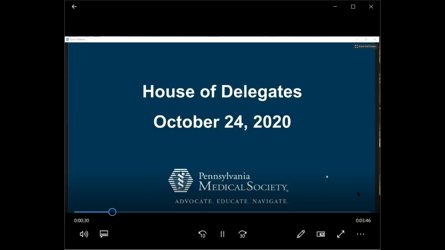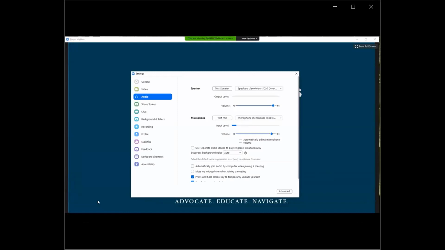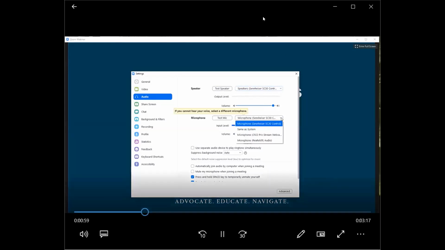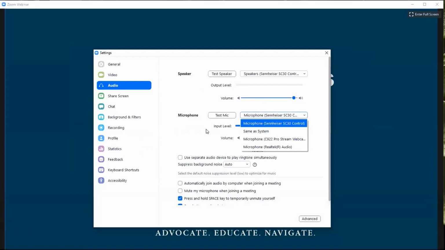In the bottom left-hand corner of the Zoom window on most computers, you will notice an audio settings menu. If you click on the up arrow, then you can choose audio settings, and a new window will open. Here you can select different speakers to ensure that you can hear, if you have multiple speakers installed, and then you can also choose the test speaker button to make sure that you can hear the output. You can also do the same thing for your microphone. If you have multiple microphones, you can make sure that the proper one is selected and choose test mic. This is an important option if you are called upon to speak,